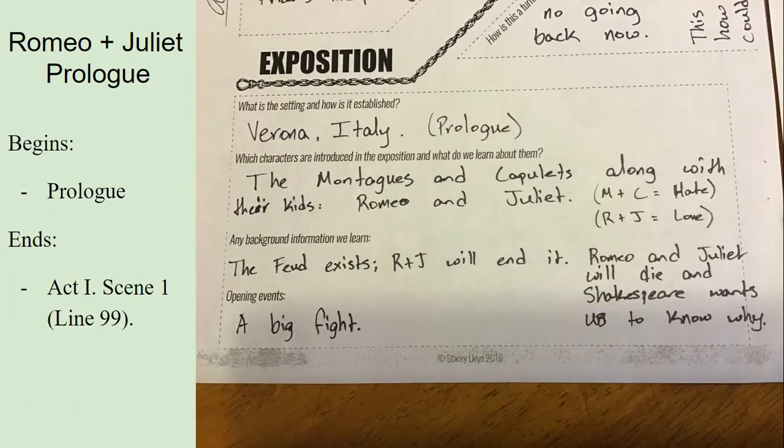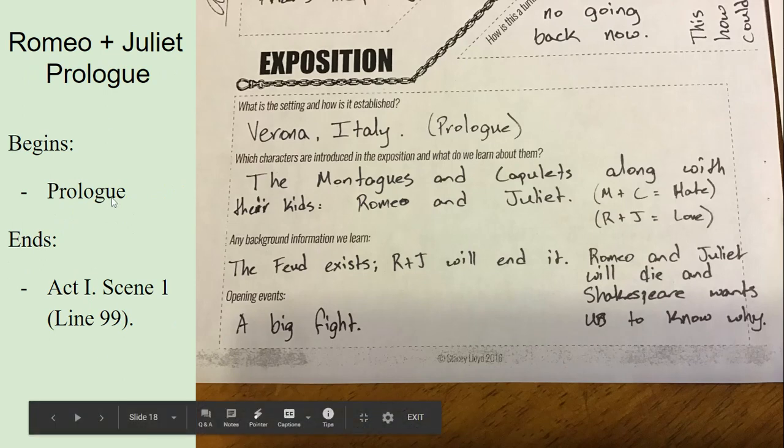All right. So hopefully you can identify these pages. I'm pretty sure it's 33 and 34, but yeah, the plot structure, the plot diagram, taking you through the five different parts of the play. And I've broken it down for you on the left, kind of when that section of the story begins and ends, starting with the exposition, which for this play is basically the prologue and just the first 99 lines of